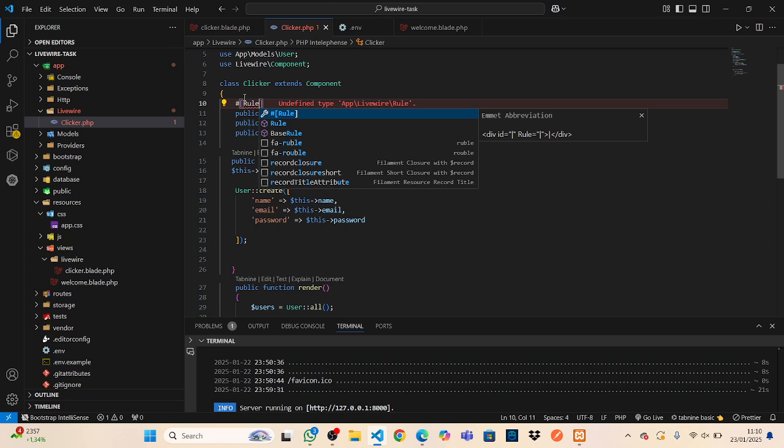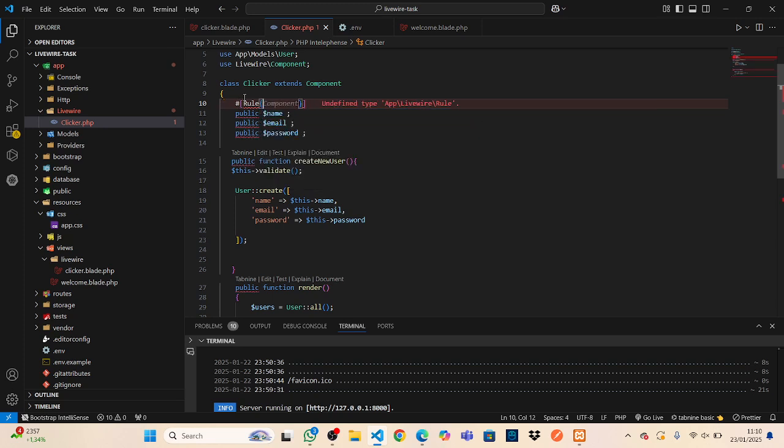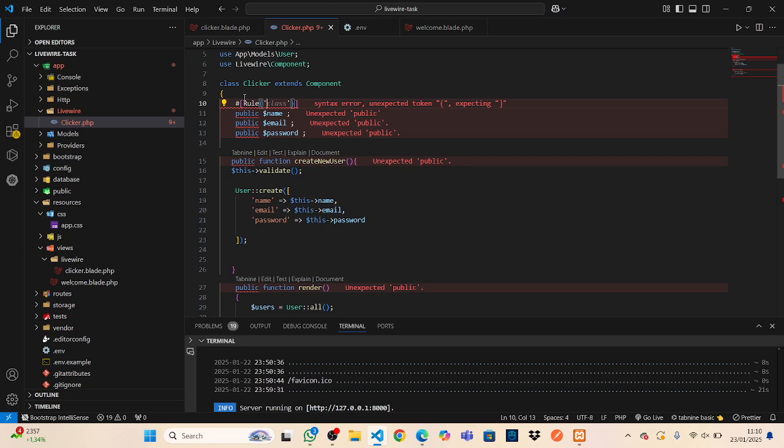And VS Code is actually suggesting it to me. Livewire attributes, and then that's the rule class. And then inside this rule, you can pass in the exact same thing we had down there, right? So you can either pass in an array of rules or just a string using the